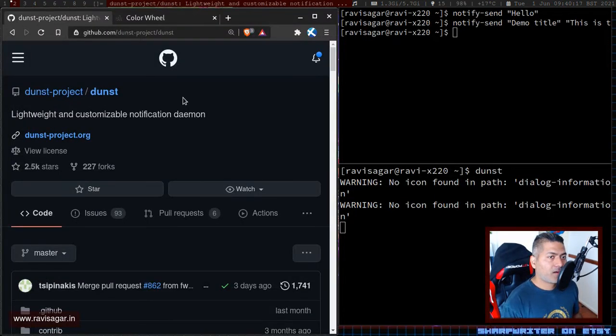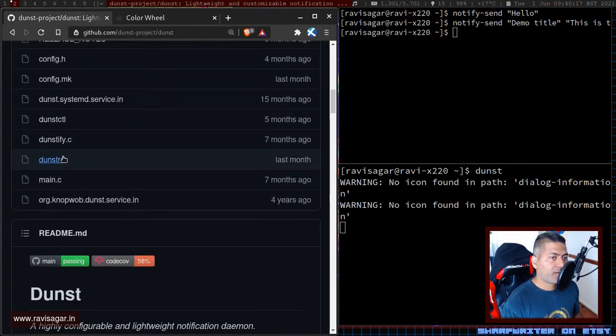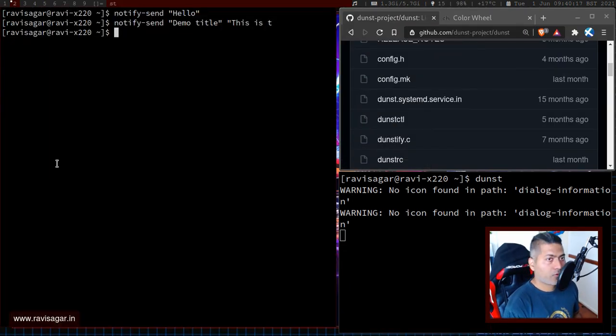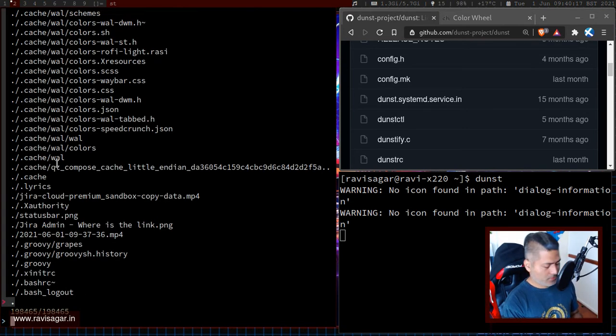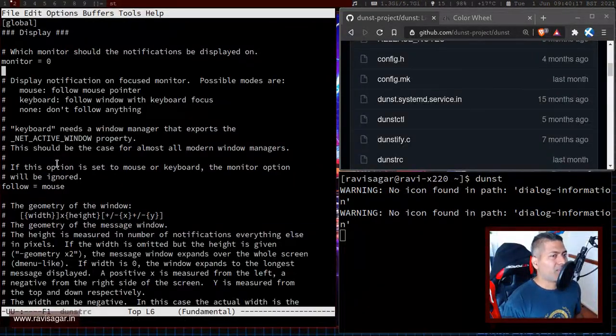So when you go to the dunst GitHub repository, you will find one file called the dunstrc file. So just copy this file to your config, your .config/dunst folder. You might have this folder if you install it, or maybe not. You can create this folder, and then you can copy the dunstrc file here. And once you do that, you can of course configure it, and you should be able to change a few things,